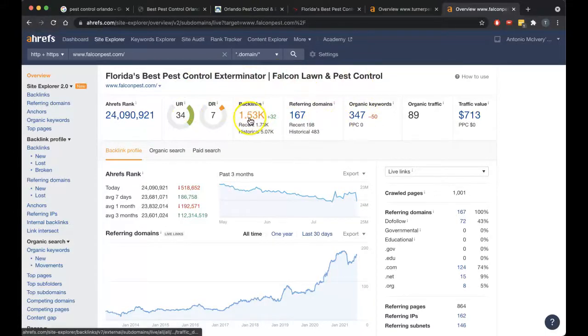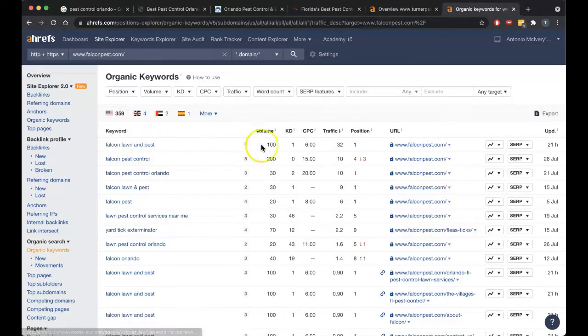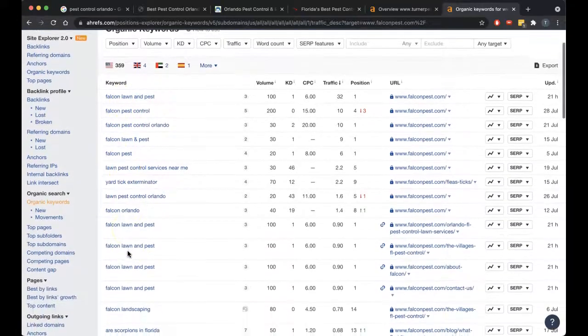You have about 1,500 backlinks, over 167 websites, 347 keywords, and it's saying you're getting 89 clicks. So let's see what you're getting found for. So here you go. Falcon, this is what I was just mentioning. This is your company name. That's great. You need to be getting found for that. But the reason people are searching for that is because they've already seen your sign and whatnot. So you want to be getting found for